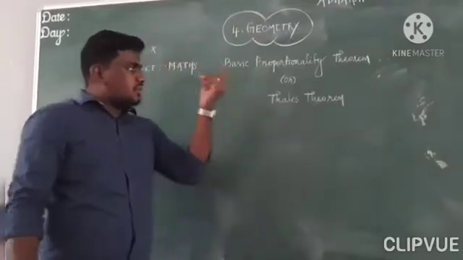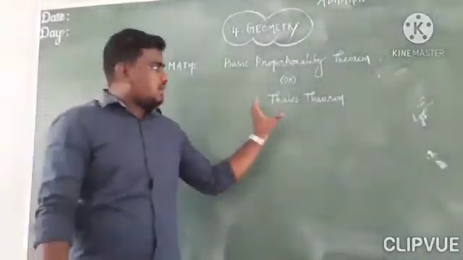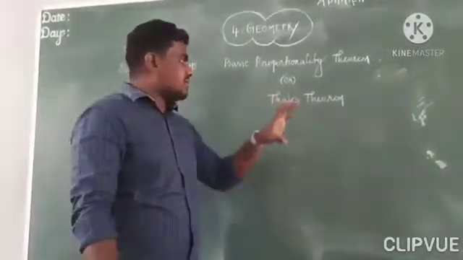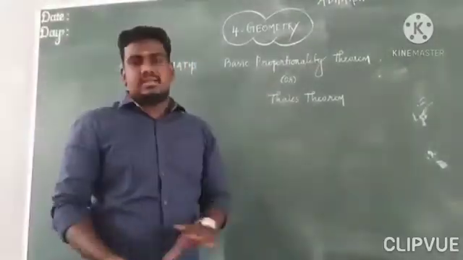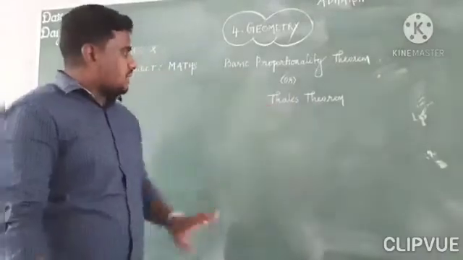This refers to the name of a person. He developed this theorem and his contribution is more about this theorem. That's why we call this Thales' theorem. He says that